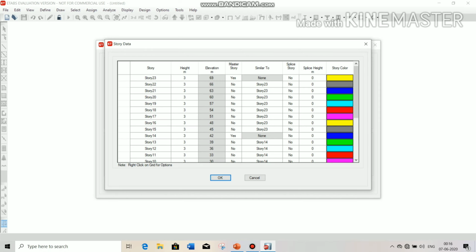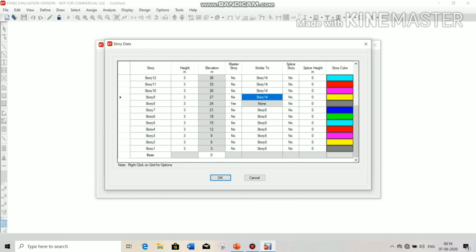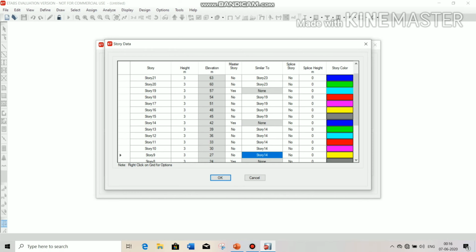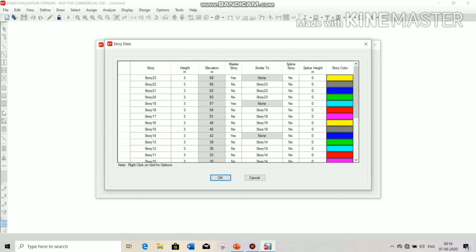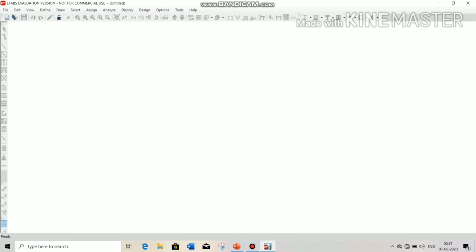Similarly for 15 to 19. Now the others are okay, then click on OK, then choose grid only and click on OK.